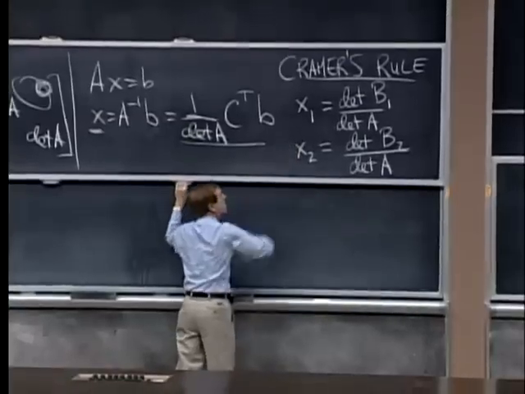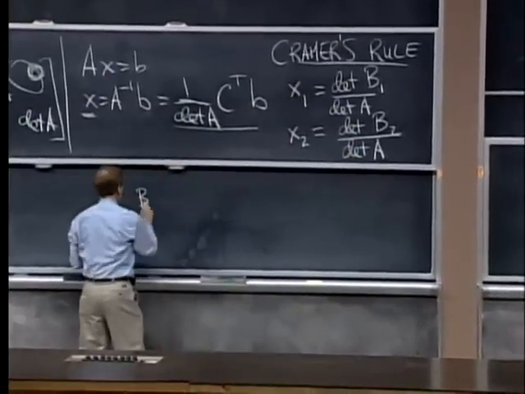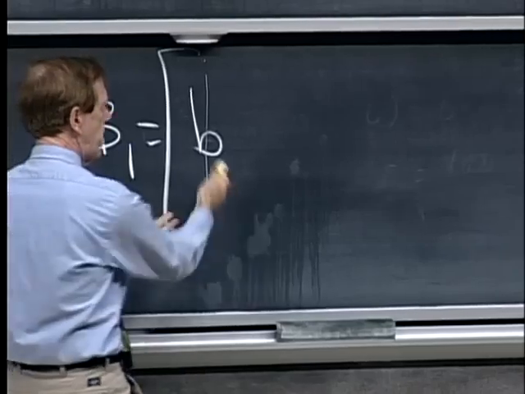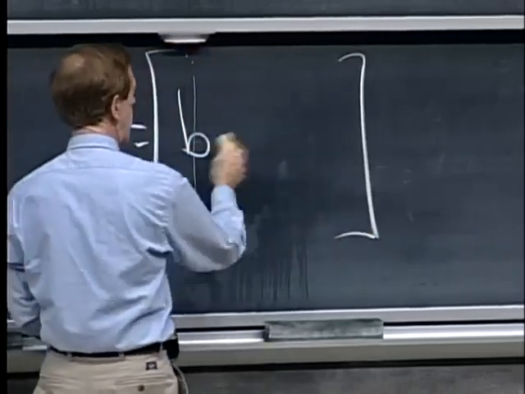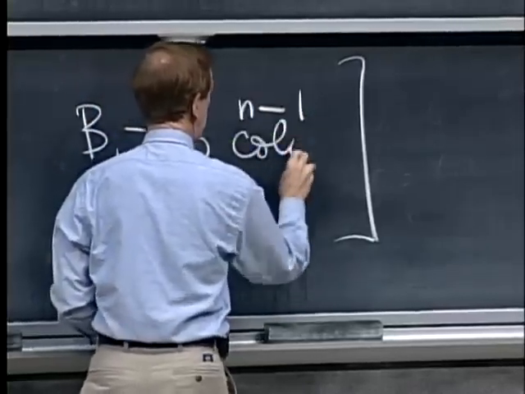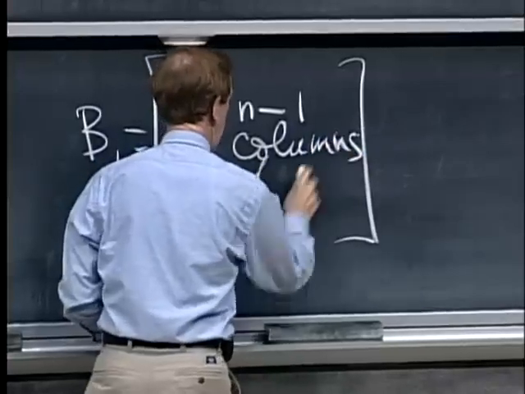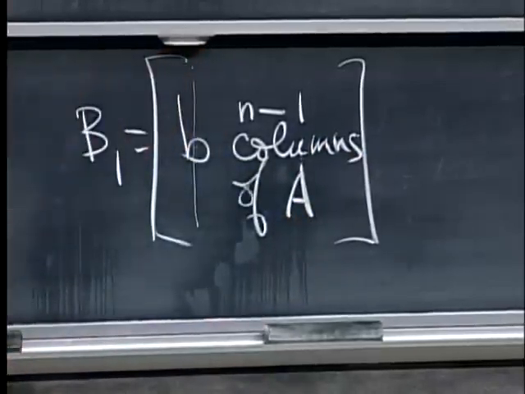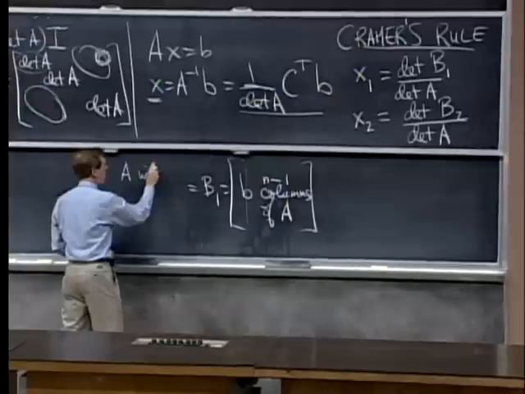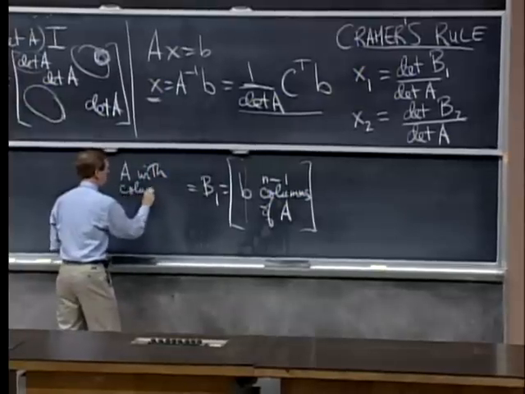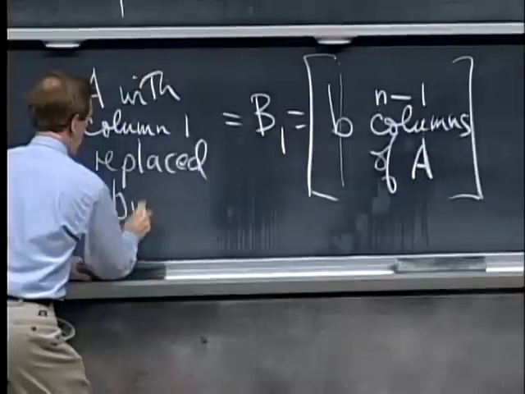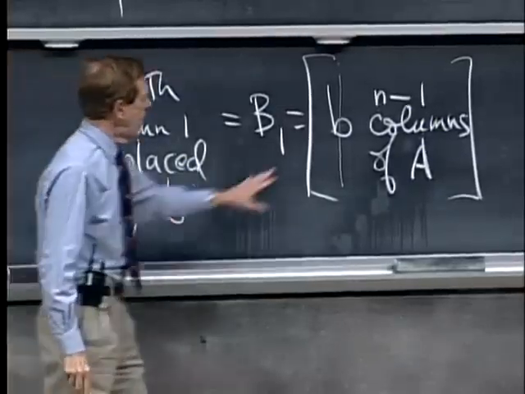Okay, so what is this B1? This B1 is the matrix that has B in its first column, and otherwise the rest of it is A. So otherwise it has the rest, the n minus 1 columns of A. It's just the matrix A with column 1 replaced by the right-hand side. By the right-hand side B. Because